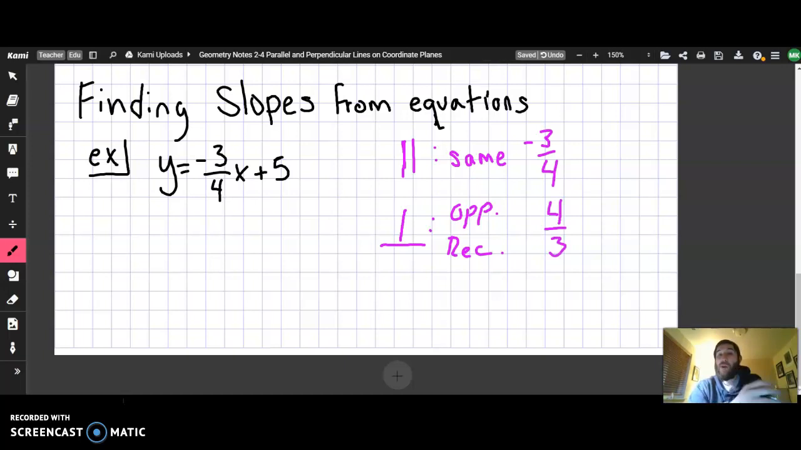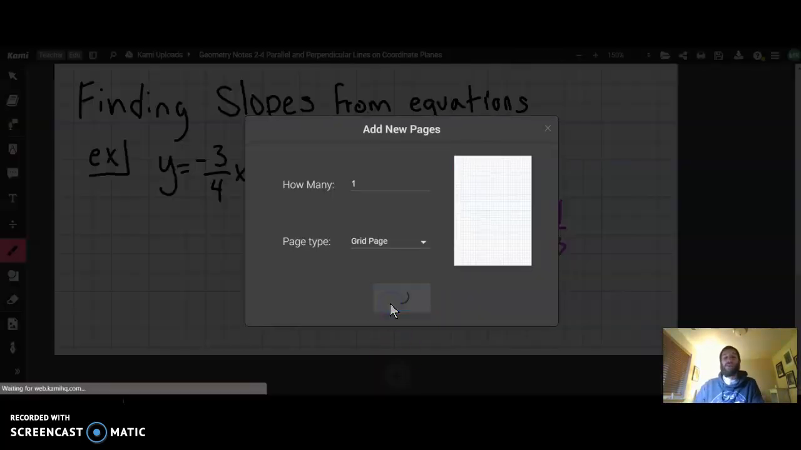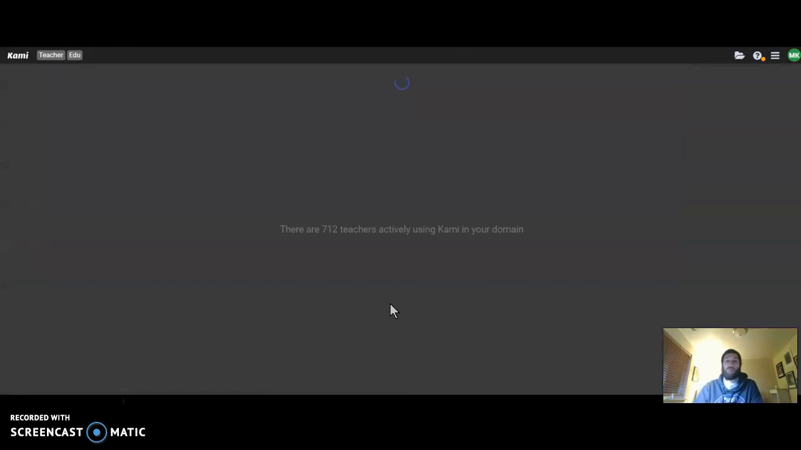So from an equation, incredibly easy and intuitive. It's either going to be the same if it's parallel or the opposite reciprocal, so flipped and made positive or negative. From here, the harder part is going to be if you wanted to find the parallel and perpendicular slopes from a graph. So once the new page loads in,